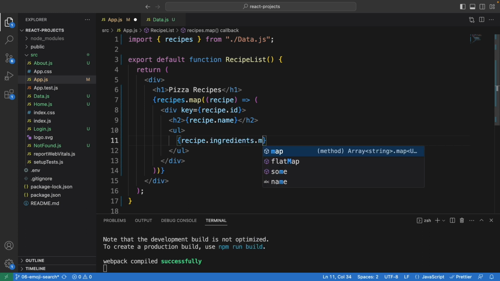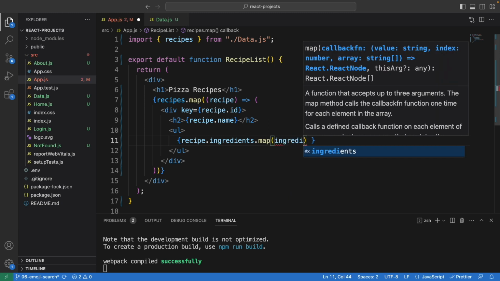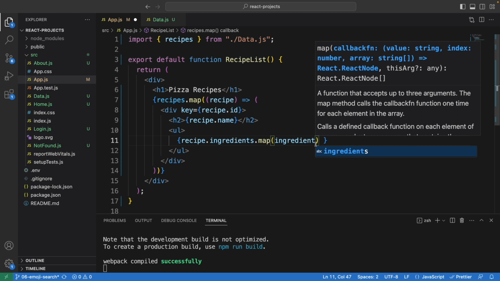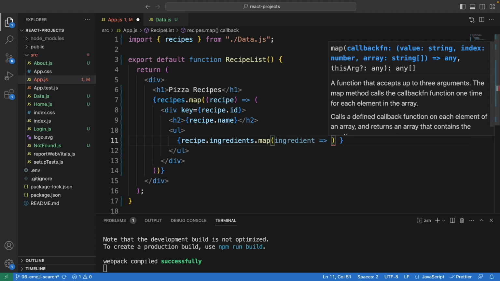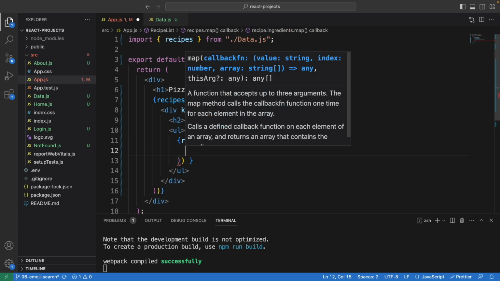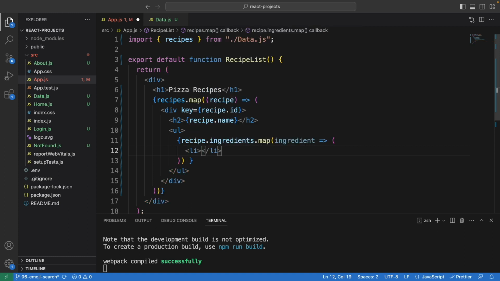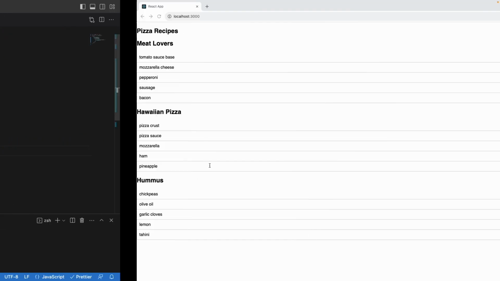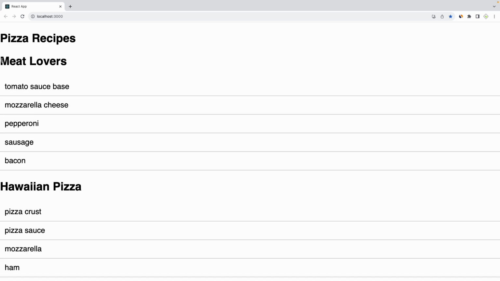So here, recipe.ingredients.map, we are using another map function. So there are 2 maps, and this will be ingredient, okay? So without the s. And finally, we can just show it in the list. So we're just going to copy this and put the ingredient here, and that's pretty much it. So now let's just save it, have a look, and here you can see we are showing a list